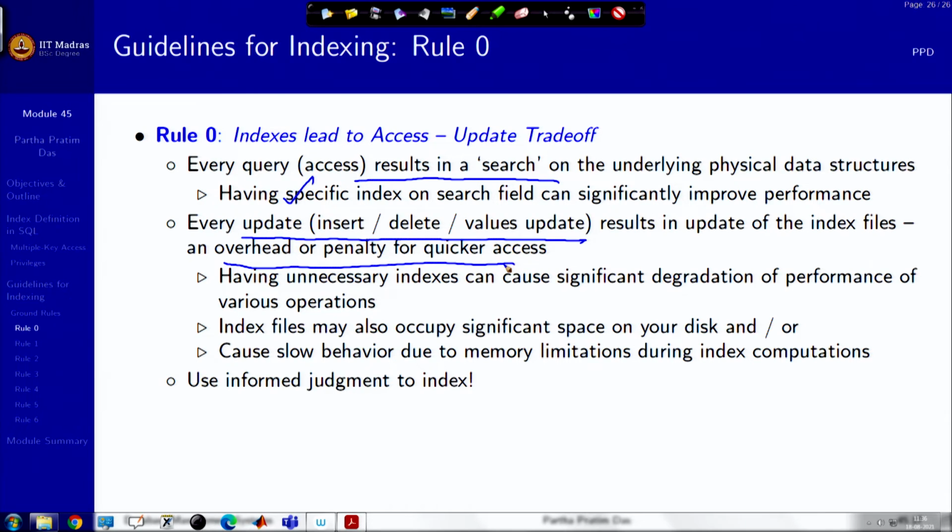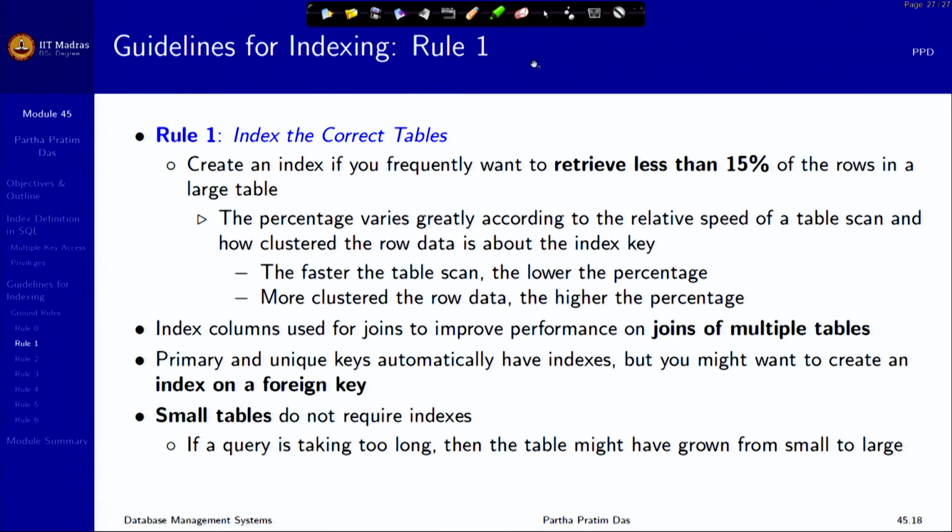So, having unnecessary indexes will cause significant degradation of performance, right. The index files could also occupy a lot of space. So, you have to have informed judgment to index, right. This is the basic first rule. The second says index the correct table. So, this is a thumb rule being given: create an index if you